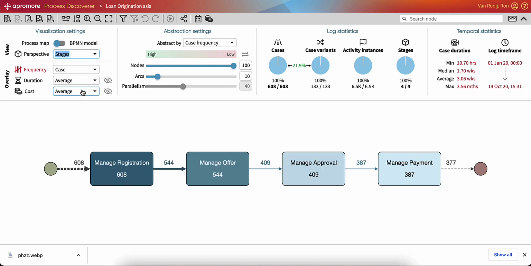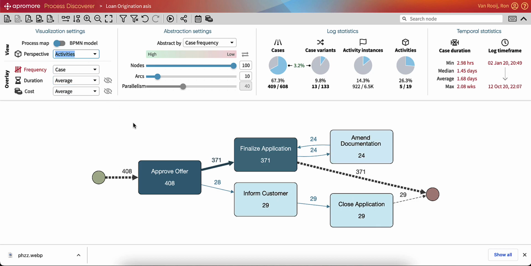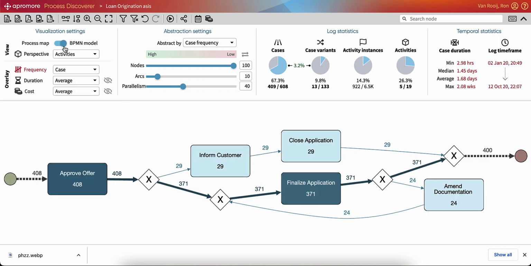So we switch to stages, and in this case, we want to have all the steps that are related to the approval process. I use my filtering to get the process to look at just how we manage approvals. From stages, I go back to activities, and from here, I switch to BPMN model. What I can do now is save this